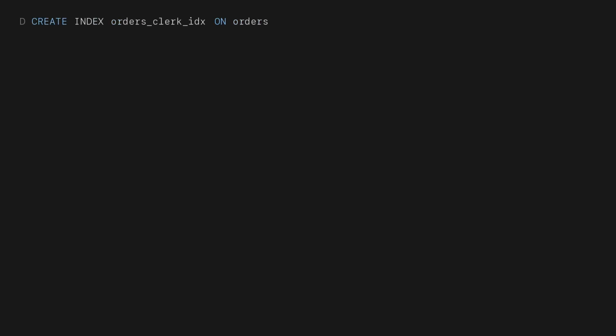We attach the TPCH scale factor 10 database and switch to it. The orders table holds 15 million rows, with o_clerk as a varchar column storing clerk identifiers. We create an ART index on o_clerk. This takes several seconds. DuckDB is building the Adaptive Radix Tree over all 15 million keys. With the index in place, we can now observe when DuckDB chooses to use it and when it falls back